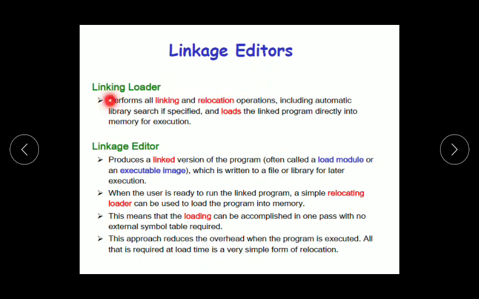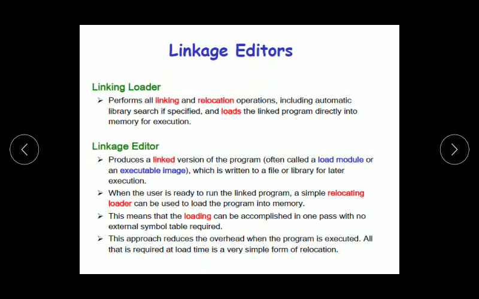A linking loader performs linking and relocation operations, including automatic library search if specified, and loads the linked program directly into the memory for execution. So that means there will not be any intermediate file. Once linking, relocation and loading are completed, it all happens directly in the memory. There is no separate executable file.